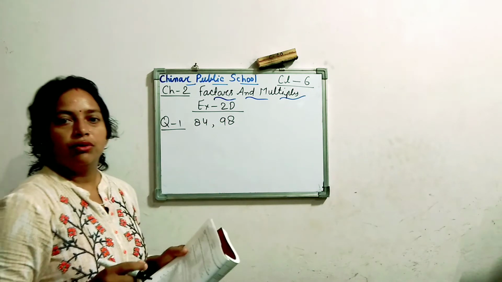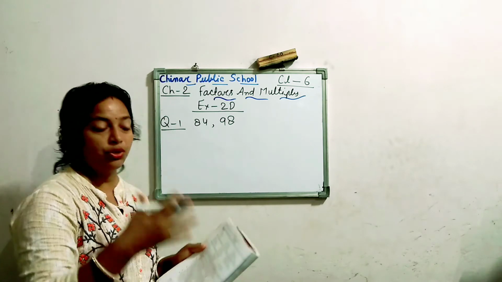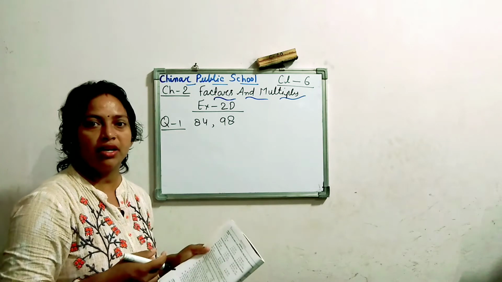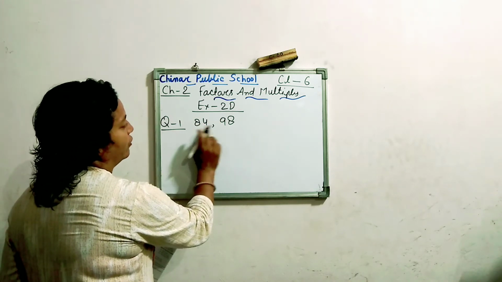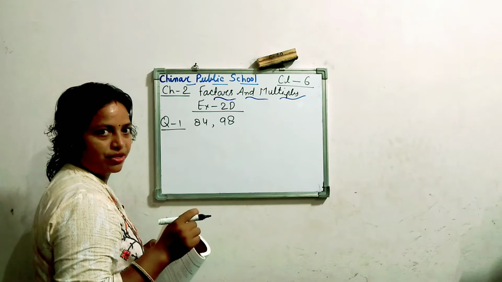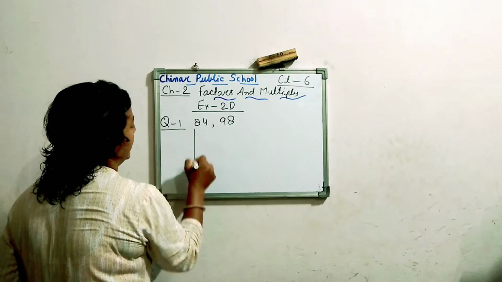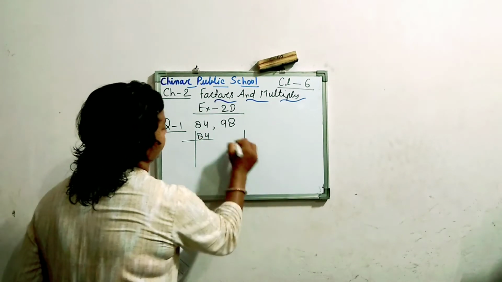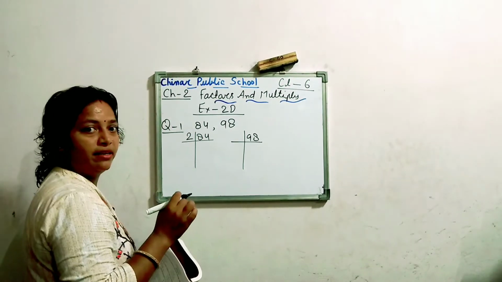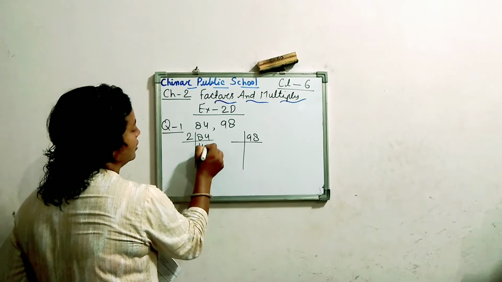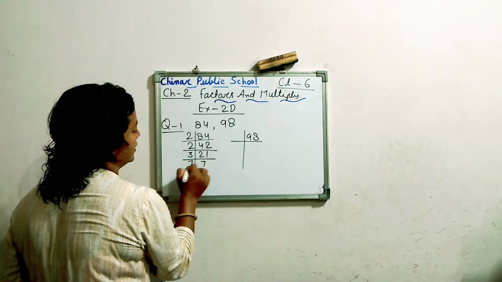I know we have done this process, but we have to recap for a minute. Then we will continue, as we left our last video on this topic. So we have to find the HCF of 84 and 98 using the prime factorization method. As we are aware of prime factorization, do the prime factors of 84 and 98. Do it by 2, as we are perfect in divisibility rules. 2 4s are 8, 2 2s are 4, then 2 2s are 4, 2 1s are 2, 3 7s are 21, and 7 1s are 7.